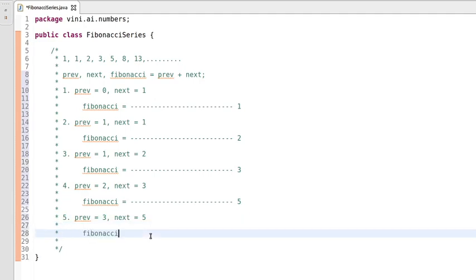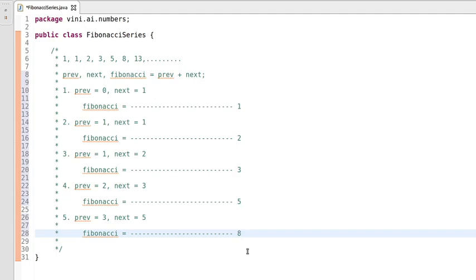So the updated Fibonacci value will be 5 plus 3 is 8. So likewise it keeps incrementing iterations and keeps generating a new Fibonacci value.